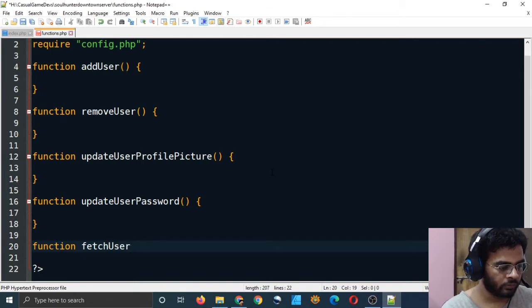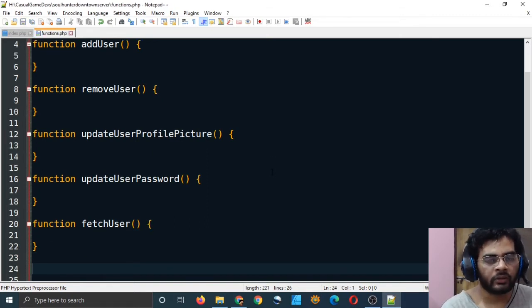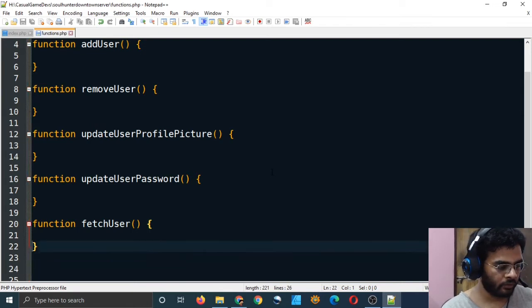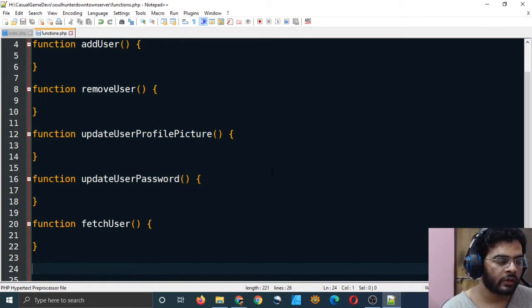And yes, one more function we have to use, fetch user. I mean fetch the data of some user, which our game will be using to show the user their data, right? Yeah. And we can also, no, it's okay. Let's fetch user. We will fetch the user's data.